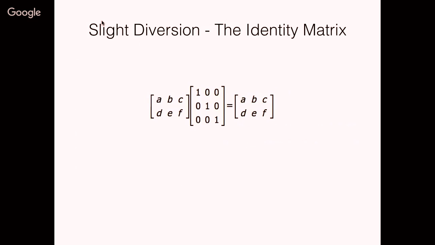So the first element, the top left element of the result, is A times 1 plus B times 0 plus C times 0, so it's A. And the element to its right is A times 0 plus B times 1 plus C times 0, so it's B, and it just carries on all the way through. So the identity matrix, that thing with the diagonal of 1s going from left to right, you multiply it through and you just get the same thing that you started with, provided that the matrices can be multiplied because they've got the right number of rows and columns, obviously.